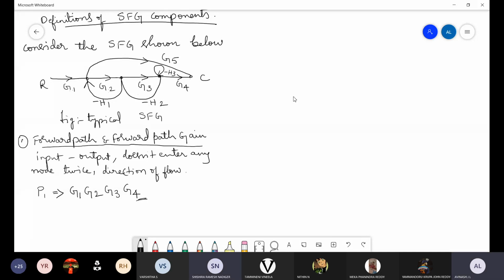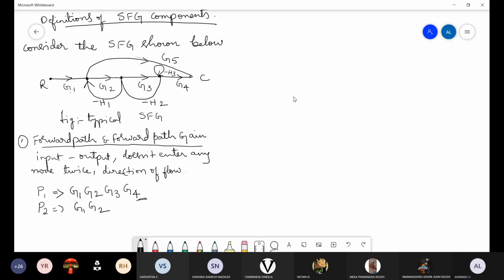Sir, we should consider only R to C, no, sir? No, that's what I'm telling. From R to C, we should go. See, I'll tell you one thing. So here from R, I can agree. And after that, I will go in the above direction and I will come for G1, G5. So I reached C. Yes or no? Yes, sir. So that is why I can say that two paths are there. The first path is what? G1, G2, G3, G4. The second path is what? G1, G5.